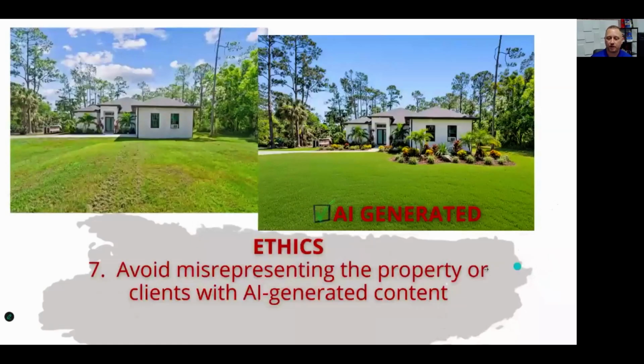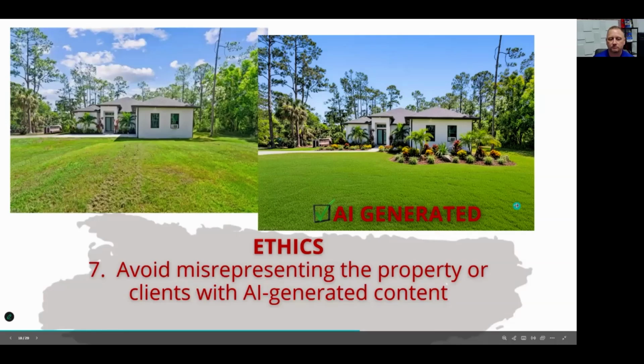Avoid misrepresenting the property. In this one, I threw this house directly from my website into Gemini, which is amazing when it comes to editing photos. Basically I asked it to make this lawn look like a golf course and to add some foliage to the surrounding house. And it did a great job of it. However, this is not what the house looks like. So don't put this in as your front photo and not say it's AI generated. Make sure you're putting in the actual photo or showing what it could look like. You can give people a representation of what it is. So be ethical is what we're basically saying.